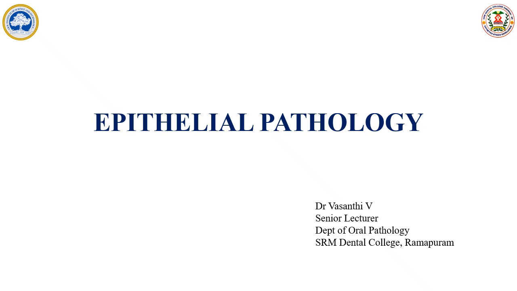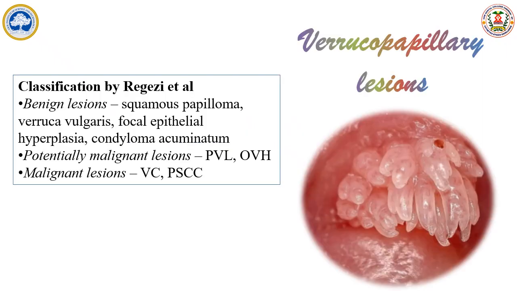Today we'll be discussing epithelial pathology, and to be very specific, the verrucopapillary lesions in epithelial pathology. Legacy et al. classified these verrucopapillary lesions into benign lesions, potentially malignant lesions and malignant lesions. The squamous papilloma, verruca vulgaris, Heck's disease and condyloma acuminatum come under benign lesions. Proliferative verrucous leukoplakia and oral verrucous hyperplasia are potentially malignant lesions, whereas verrucous carcinoma and papillary variant of squamous cell carcinoma come